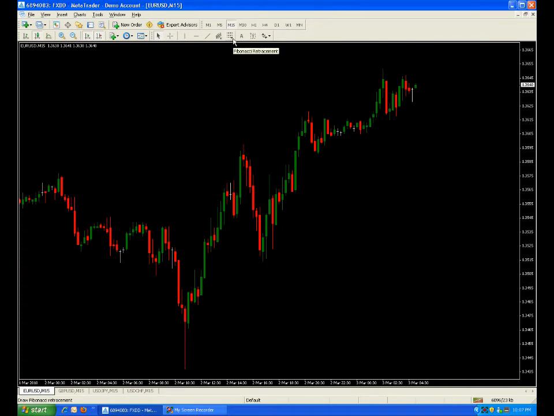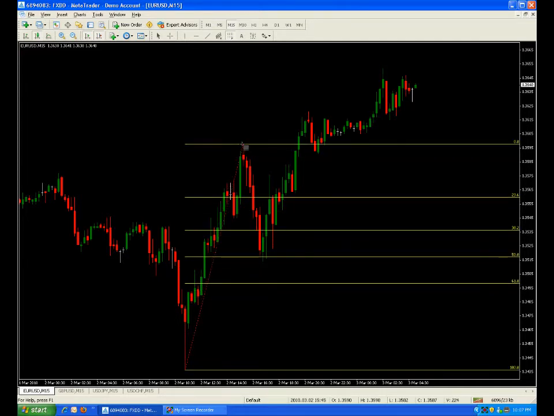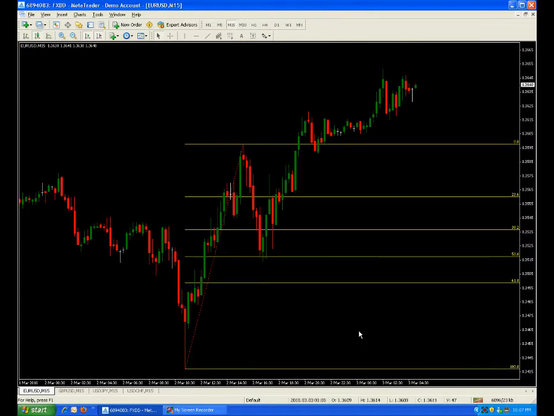All right. Let's take a look at Fibs. Let's do our Fib tool. Start at the wick, pull up to the wick, and what do we have? Oh, but look at that. Bingo. Right at the 50. It halted there. You can see it made a little bit of bounce to 23,